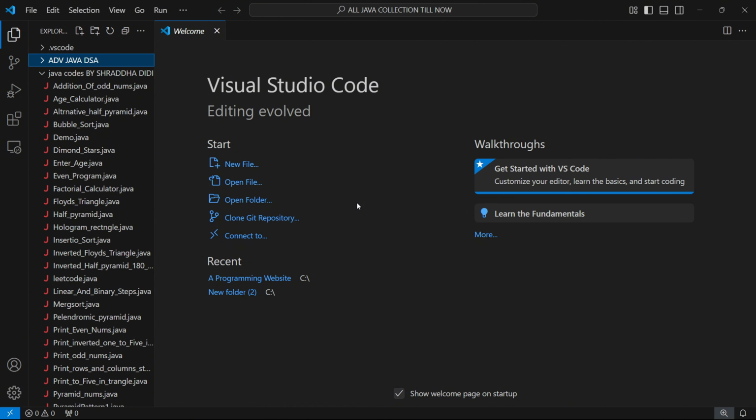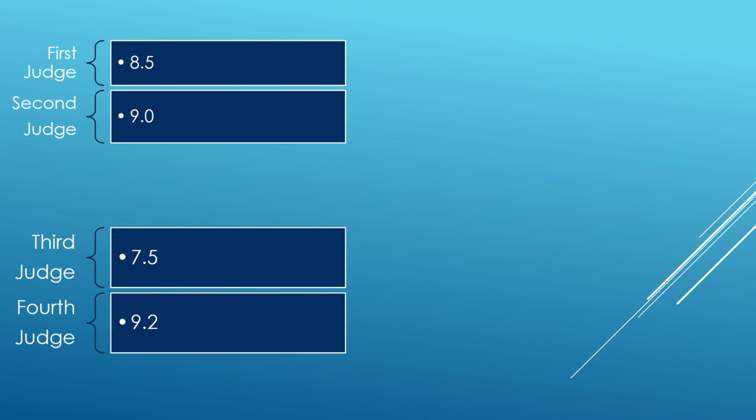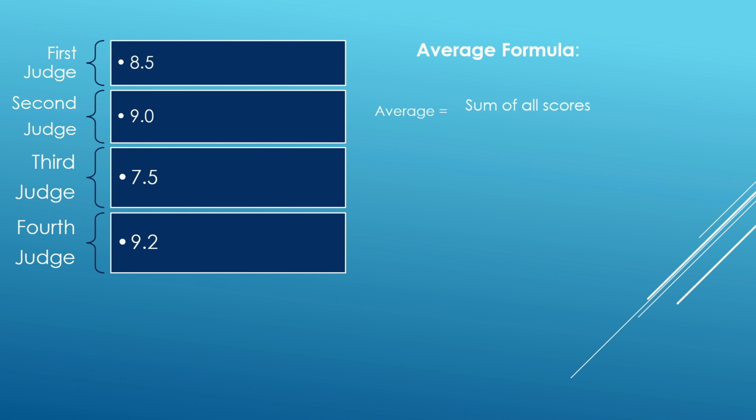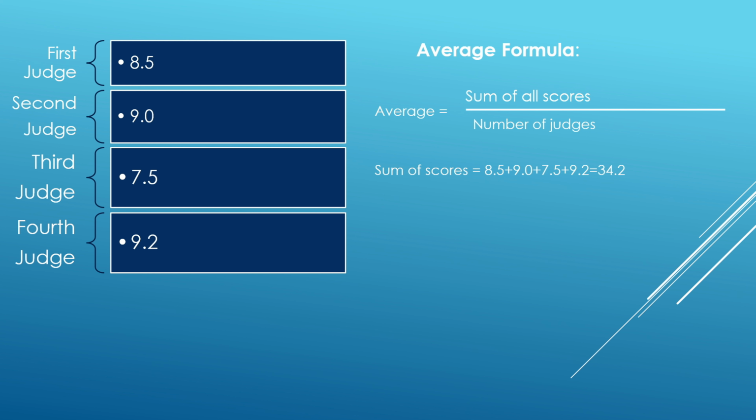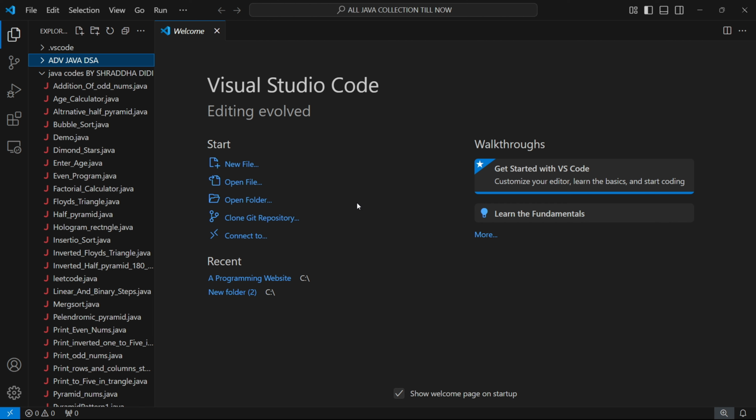Before we jump into the code, let's quickly understand how Samay Raina does it. He takes the judges' scores, adds them all up, and divides by the number of judges. Simple, right? So that's the formula for finding an average: average is equal to the sum of scores divided by the number of judges. And that's it. So let's write a Java program to calculate this. Open your favorite IDE and let's start